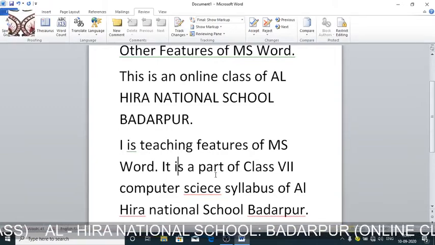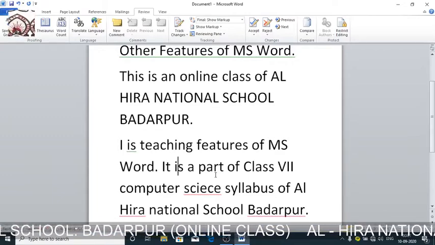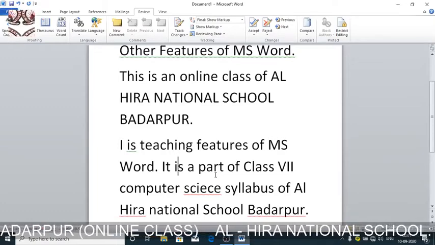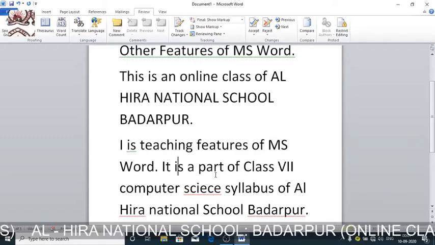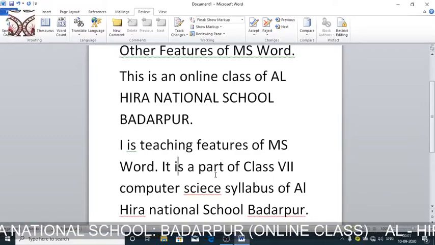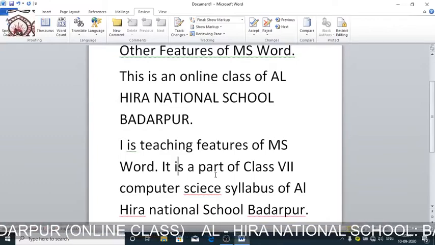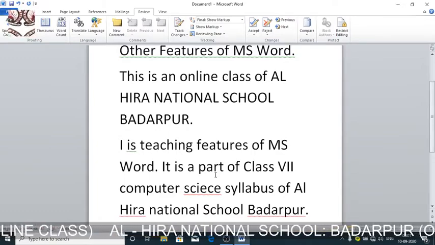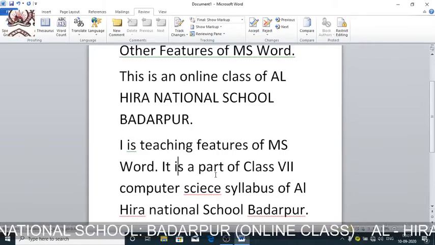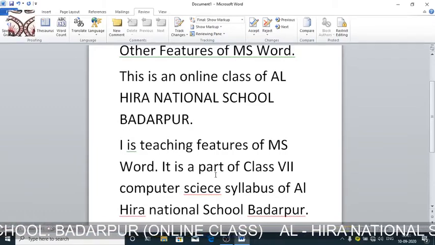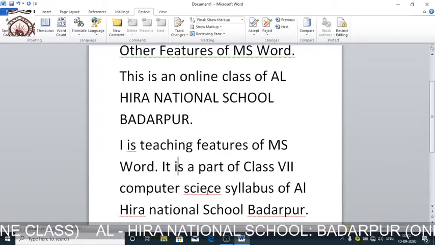Now see, whenever there is, now you have to understand about the spelling and the grammatical error. If there is a red wavy line under a word in MS Word, it indicates that the spelling error is there. Okay, a red wavy line under a word in MS Word indicates spelling error. You can just see here, this is a red wavy line, means spelling error.